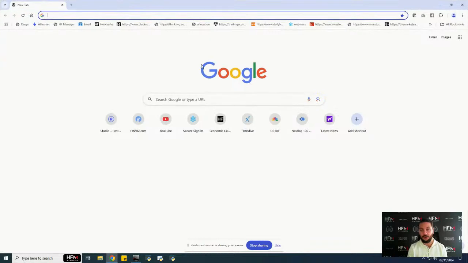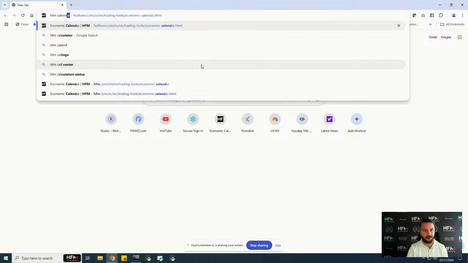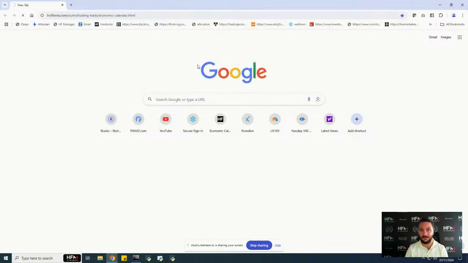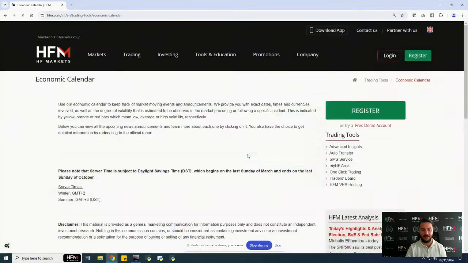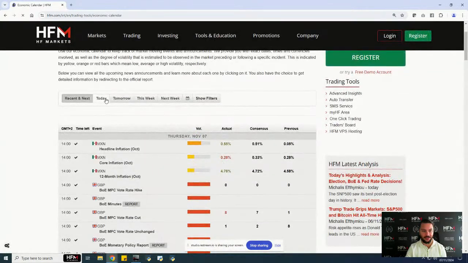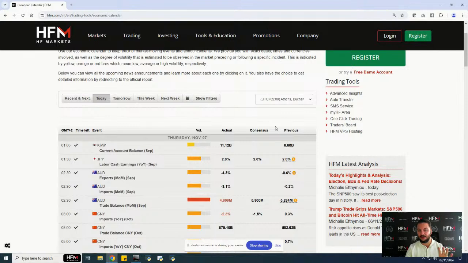Now, we're going to start off with the BoE, the rate decision, the monetary policy votes as well. And to do that, we're going to go to the HFM calendar, which is one of the most advanced calendars in the financial trading markets, ladies and gentlemen. Now, because it's a very advanced calendar, it has a lot of announcements on it. It's not like one of those calendars where it has 2, 3 announcements. It has a lot of announcements globally.